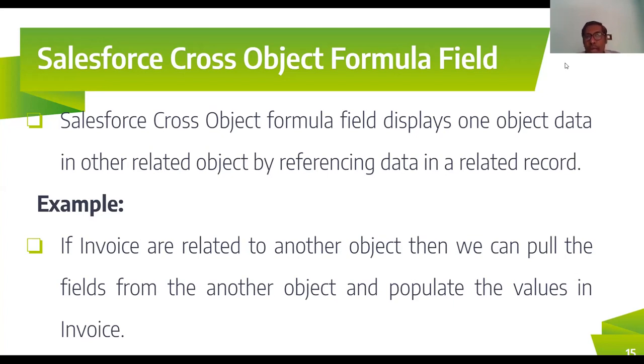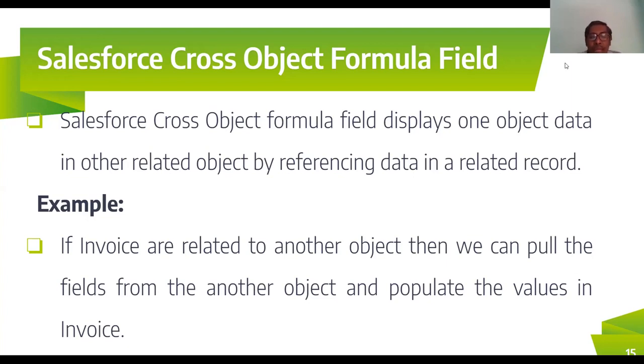In the same way here, take the hospital. It is a pandemic situation, and most of the people are joining the hospital and taking treatment for COVID. Once that is over, when they get discharged and come outside, they have to pay the amount. In such cases, they will generate the invoice bill. For the invoice bill, they have to get the email ID of the hospital. The email ID is in the hospital object, and I want to pull that email ID into my invoice object, so we can go with the cross-object formula field.